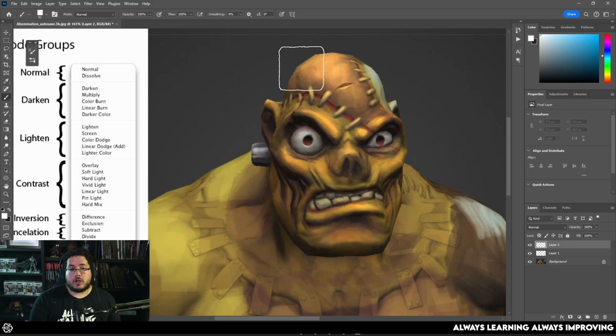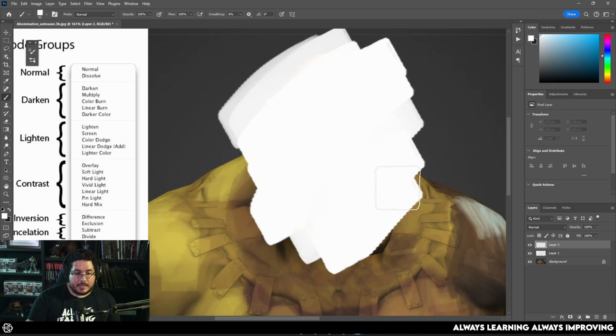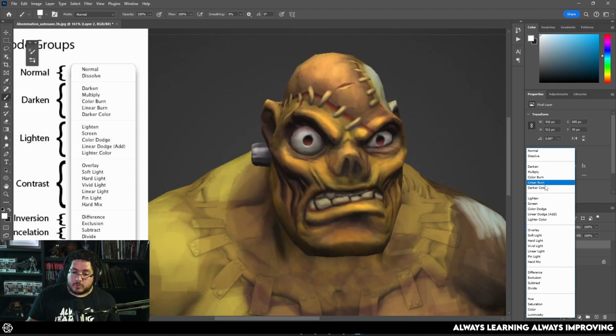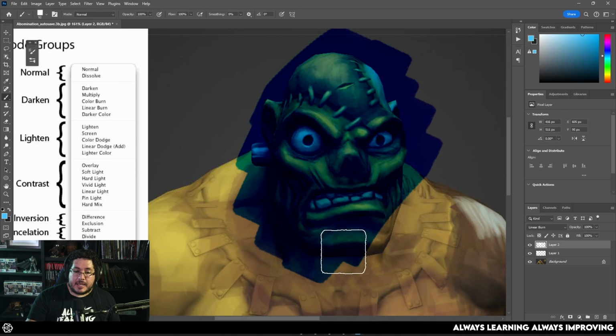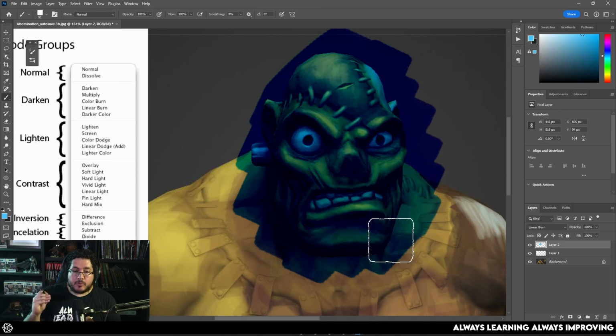Now, similar to color burn, we get linear burn. And in the same way, if you're using white with linear burn, which is this one right here, remember, all of these are supposed to darken things. It will not do that because when you use the mathematical operations right here, the white is pretty much saying, hey, nothing is happening. But if you have a different color and you use linear burn, what you're going to see is that we are going to blend both elements. But one of the important things about the linear burn is that it will decrease the brightness. Okay, so this one will decrease the brightness.